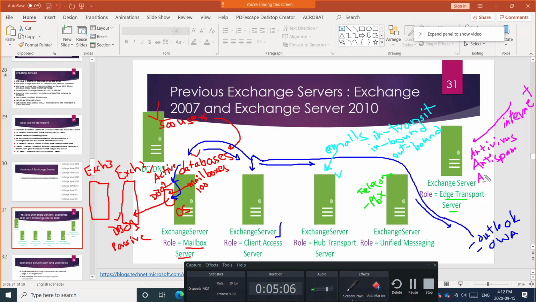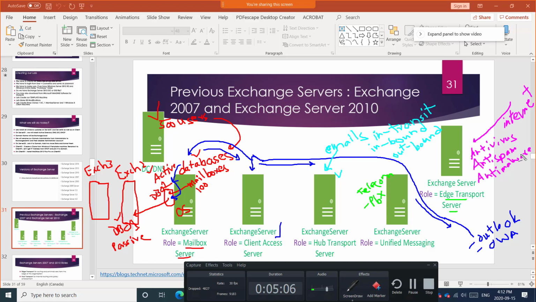That has become so important nowadays because of ransomware attacks. So all kinds of security you can put here, anti-malware. So in the edge transport server, other than Exchange antivirus,